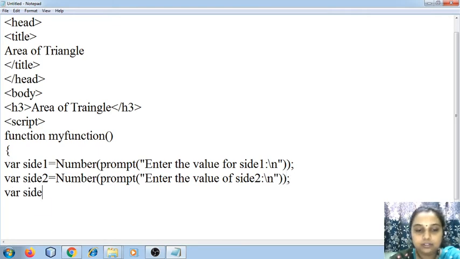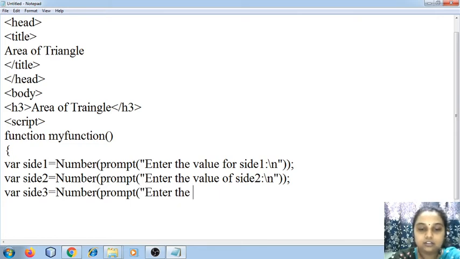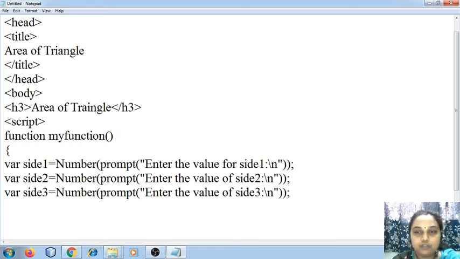The third variable, side3, is equal to prompt, enter the value of side 3. So I've taken the input for three sides.